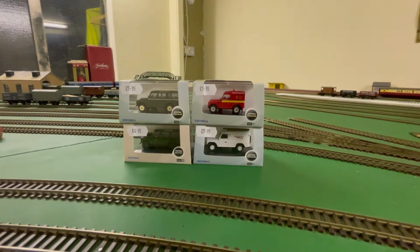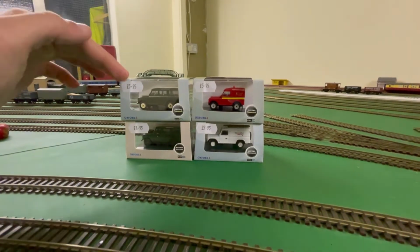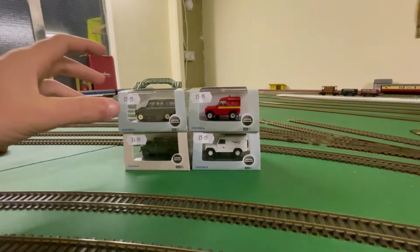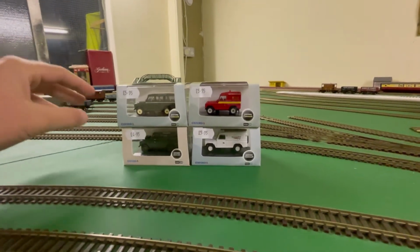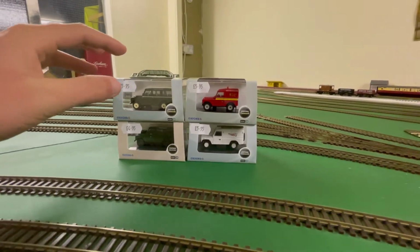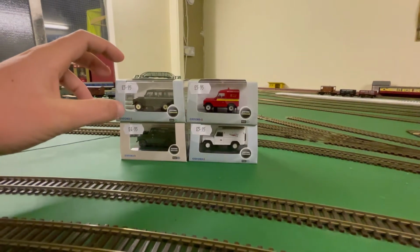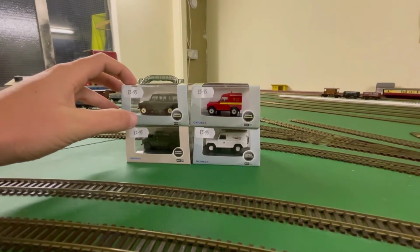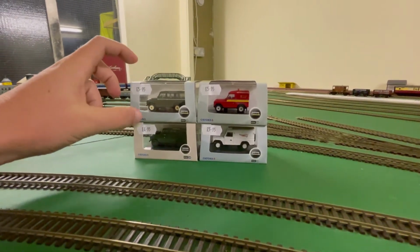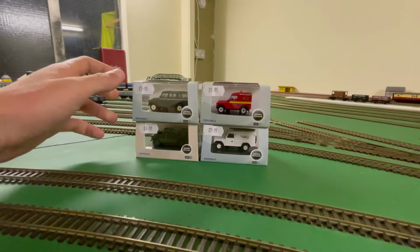So starting off with the smallest items that I have that are new are these 4 Land Rovers. Now, I don't think I've shown you my other Land Rovers before, but I adore Defenders and the early Land Rovers. And these 4 bring the, not fleet, but the amount of them to, I think, 14 or 16 Land Rovers. So I got these as well as one other